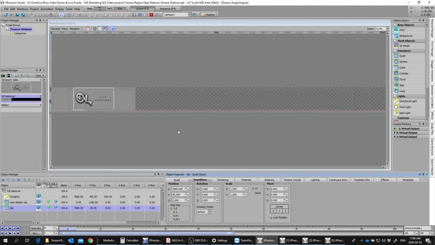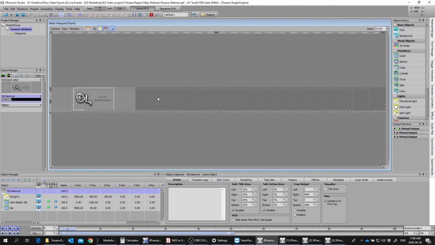Not entirely planned, but I'm happy it worked out that way. Now, of course, we could always go and adjust its position. But that is exactly where I want it to be. I want it to be at 40 on the y-axis, directly underneath our main video placeholder. So now I've built this conglomerated scene that I can now apply two clips to and play as one take item from our sequencer, right?